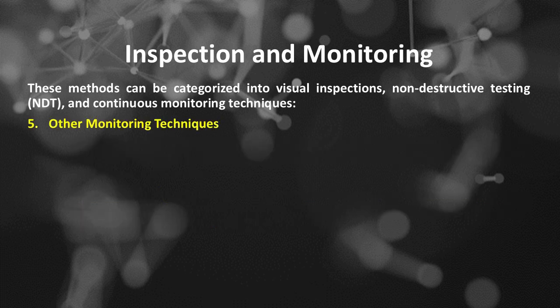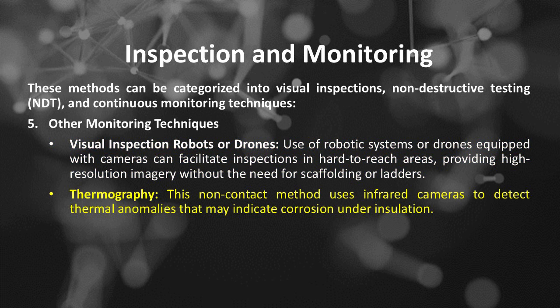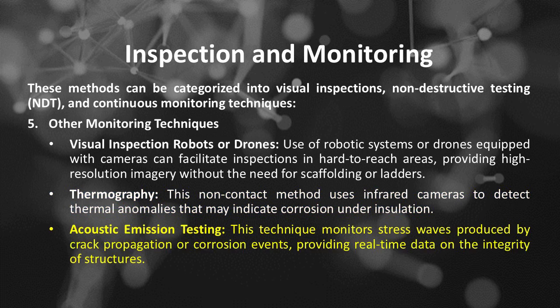Number 5 is other monitoring techniques. Visual inspection robots or drones. Use of robotic systems or drones equipped with cameras can facilitate inspections in hard-to-reach areas, providing high-resolution imagery without the need for scaffolding or ladders. Thermography. This non-contact method uses infrared cameras to detect thermal anomalies that may indicate corrosion under insulation. Acoustic emission testing. This technique monitors stress waves produced by crack propagation or corrosion events, providing real-time data on the